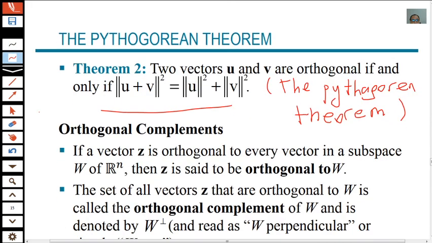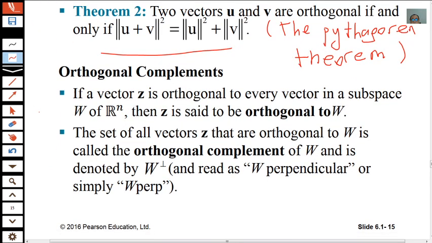And lastly, we will talk about orthogonal complements. If a vector Z is orthogonal to every vector in a subspace W of Rn, then Z is said to be orthogonal to the subspace W. Namely, if Z is orthogonal to every vector in the subspace W, we say Z is orthogonal to the subspace. The set of all vectors Z that are orthogonal to the subspace W is called the orthogonal complement